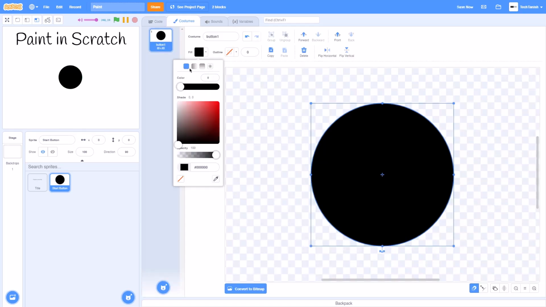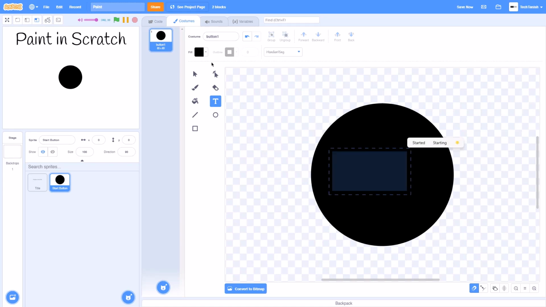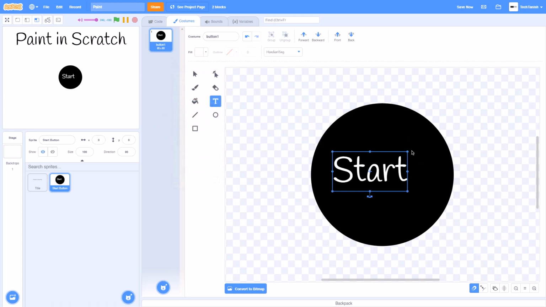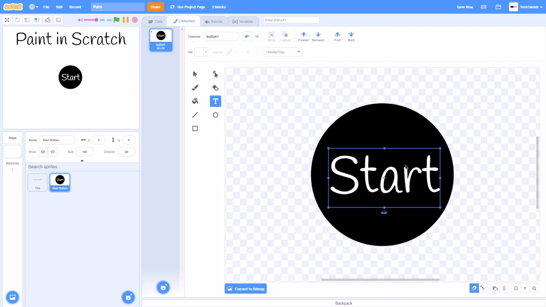Now this feature might not be available on the normal Scratch, but it is for me. Now we select text and make a text box and write start. And remember, set the color to white, otherwise it won't be visible. Now resize it, change the circle,